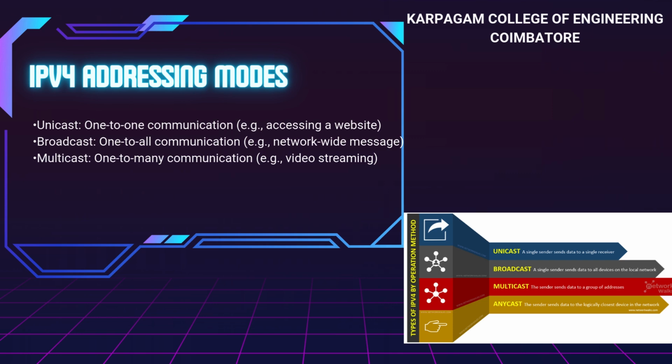Let's briefly look at the 3 addressing modes. The first one is unicast communication. In unicast, data is sent from one sender to one receiver. Think of it like sending a WhatsApp message to your friend, where only they receive it. This is the most common form of communication, used when we browse websites, send emails or download